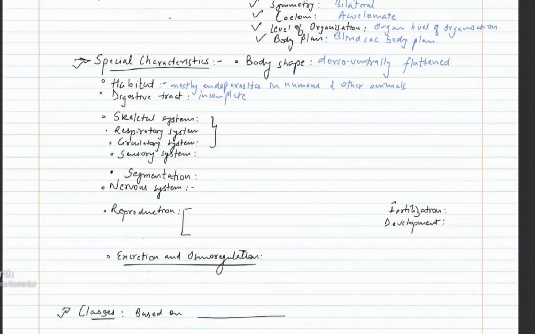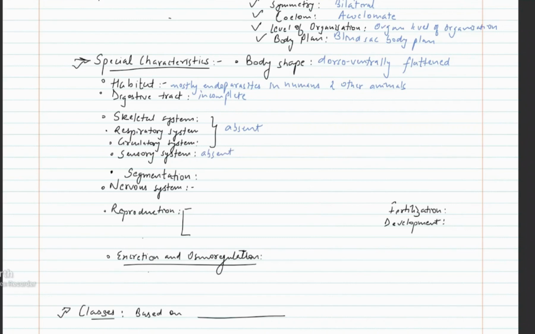Respiratory system, skeletal system, and circulatory system are absent. Why are these systems absent? Because they are endoparasites. They do not need these systems because skeletal system is used for movement. Since endoparasites do not have to move, they do not require a skeletal system. Respiratory system and circulatory system are not required because they can derive their oxygen from the host. Sensory system is also absent because they are present inside the body attached to our intestine or stomach wall, so they do not need a sensory system because there are no harmful or other organisms present there which can affect